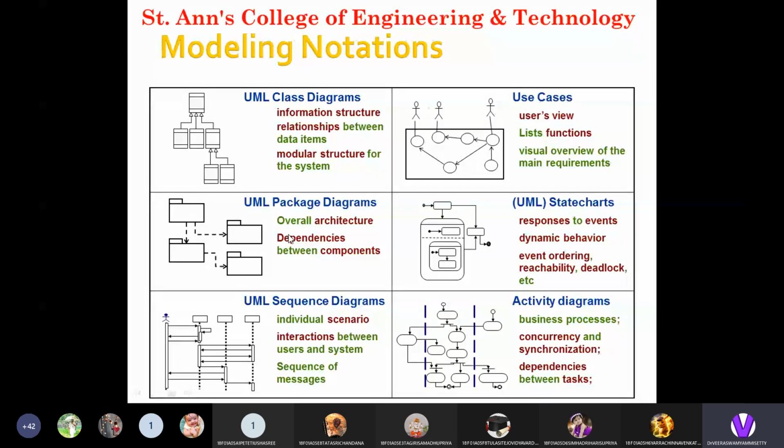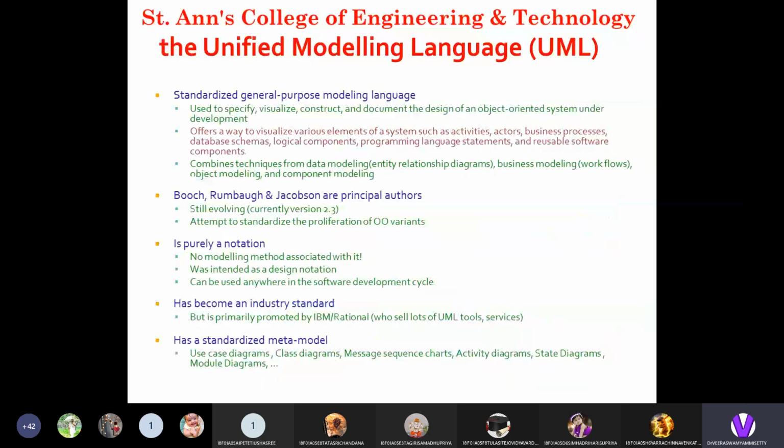Previously we saw that UML is a standardized general purpose modeling language. It is used to specify, visualize, construct, and document the design of an object-oriented system under development.